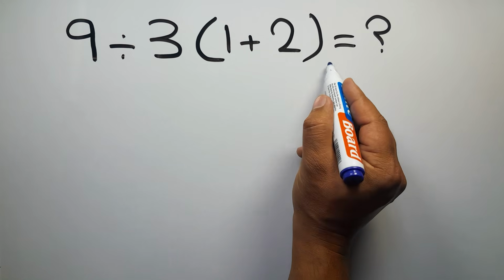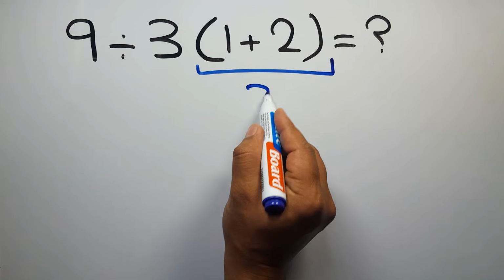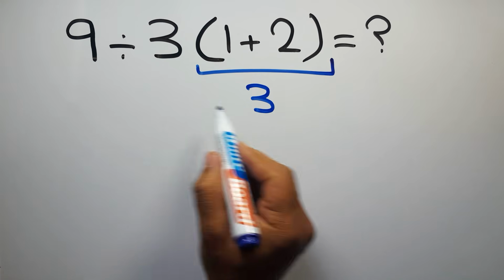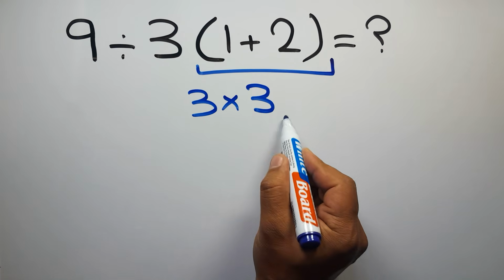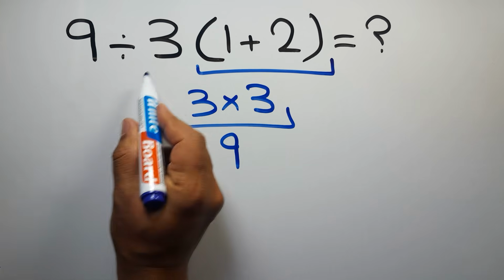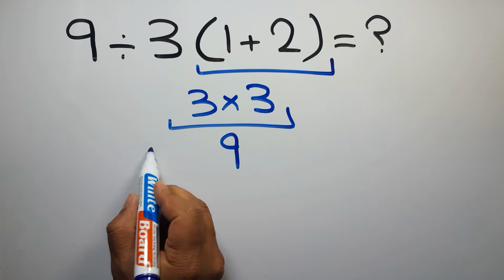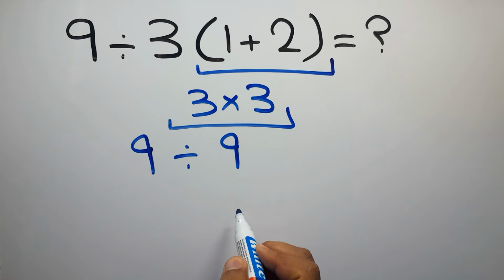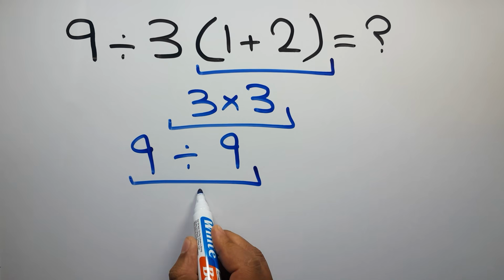1 plus 2 gives us 3. And 3 times 3 is just 9. So we have 9 divided by this. 9 divided by 9, which equals 1. But this answer is not correct